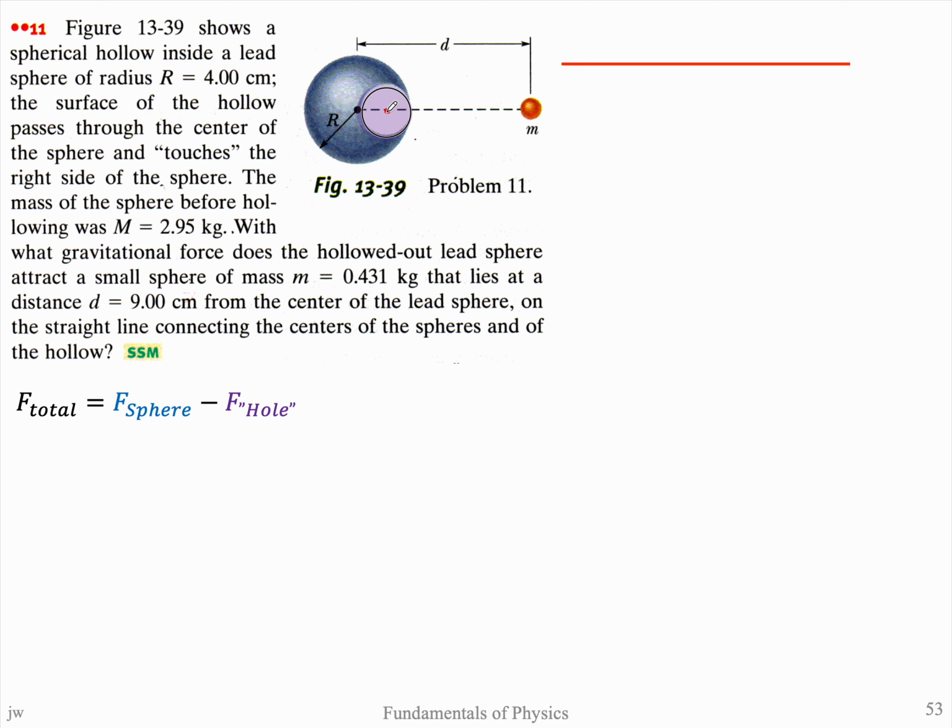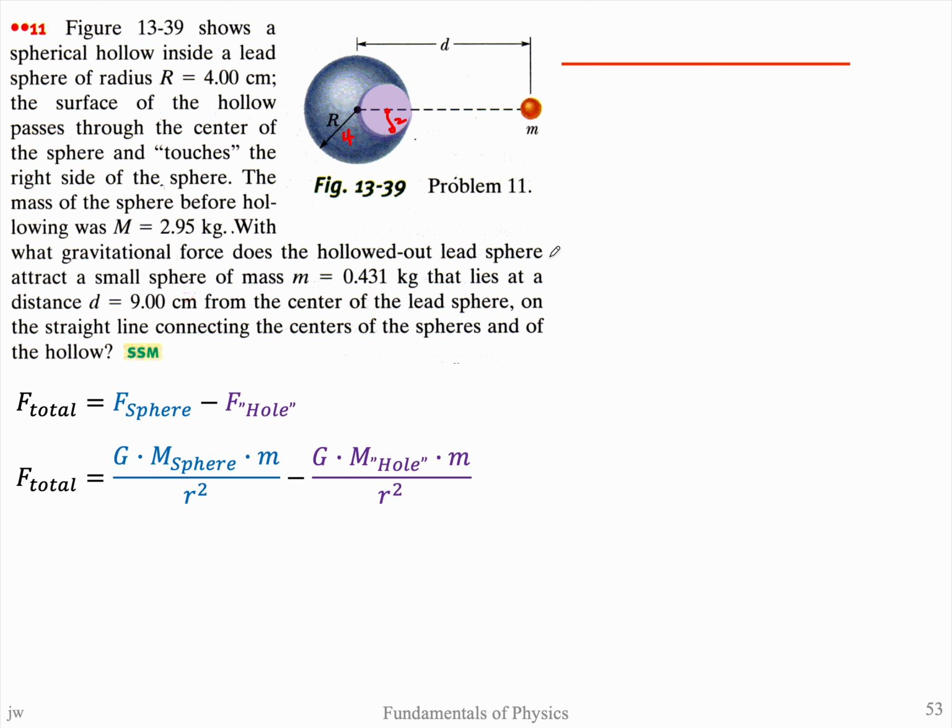Now the sphere is centered right here. The radius here is 4, so the radius of this one is going to be 2. Just to sort of visualize this before we get started. So now we can actually plug in some numbers. To figure out the total force due to the sphere before the hole was in, it would just be G times the mass of the entire sphere times the small m mass over r squared, minus the missing force due to that hole. And the only tricky part is we've got to figure out what the mass of that material